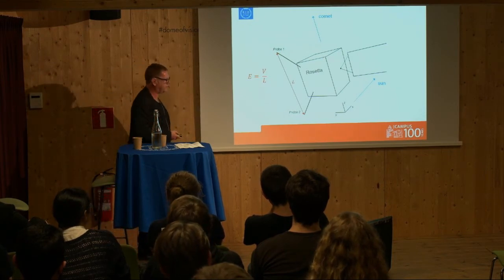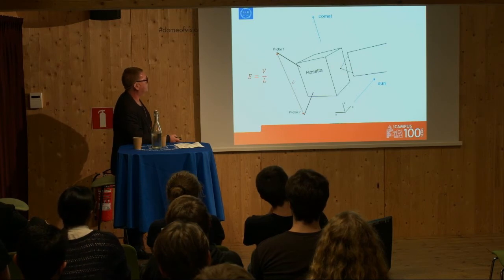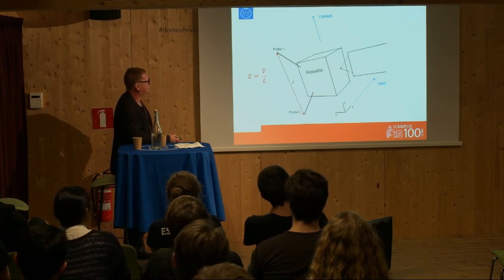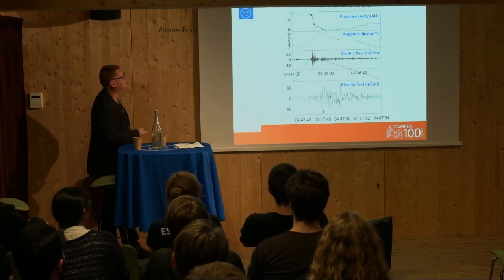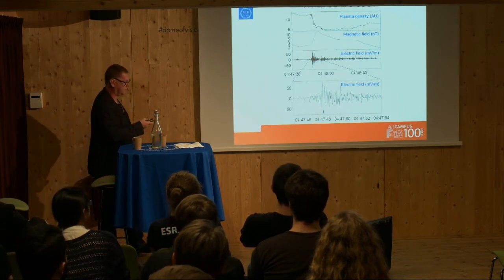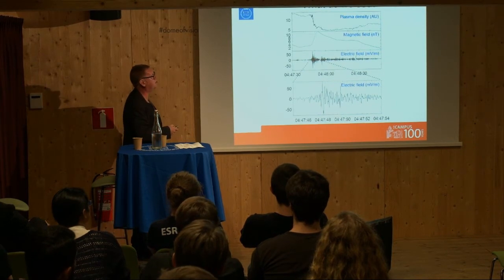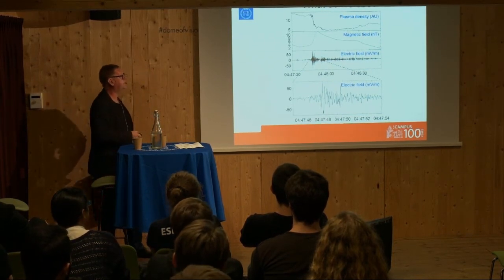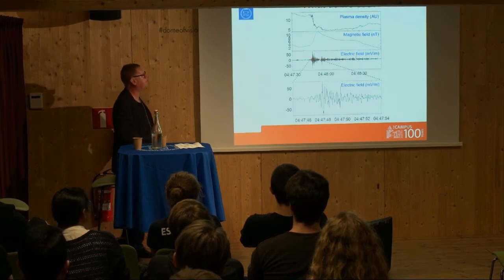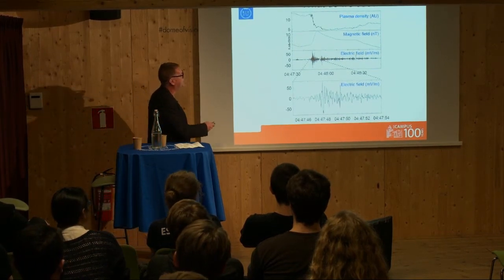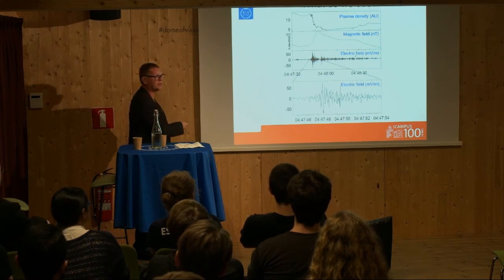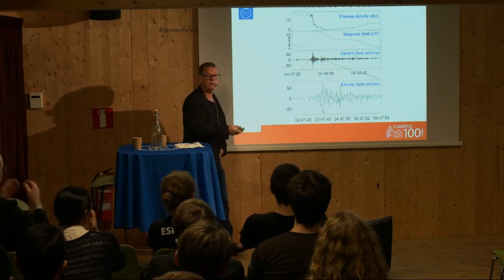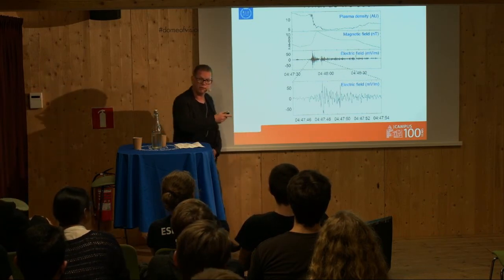So, what do we see when we make these measurements then? Here's an example. These are some measurements from when we were relatively close to the nucleus, around 100 kilometers away. And here, from top to bottom, we see the voltage of one of the individual probes, which, it turns out, is a very nice indication of the density of the plasma